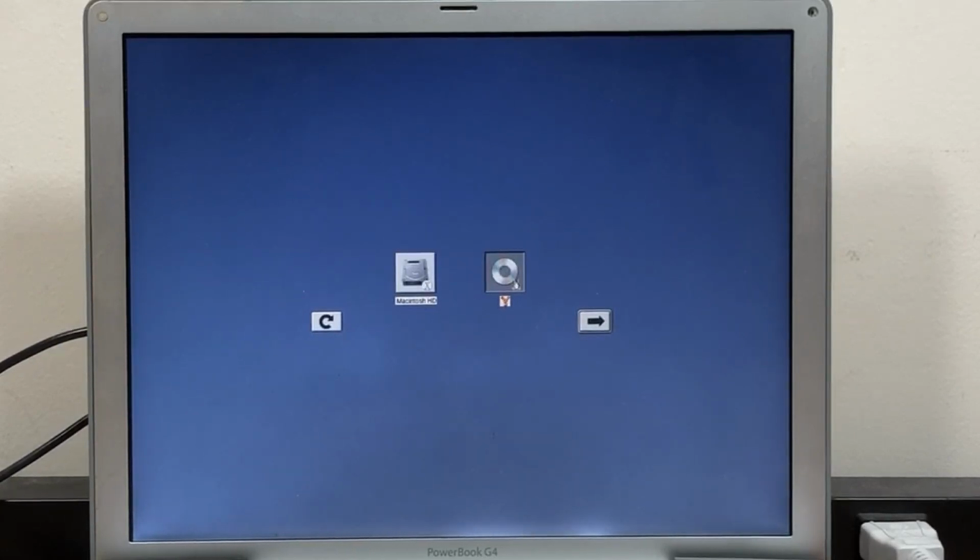Let's go ahead and load this up. And I'm going to just press enter because this computer has full graphics support on Linux.